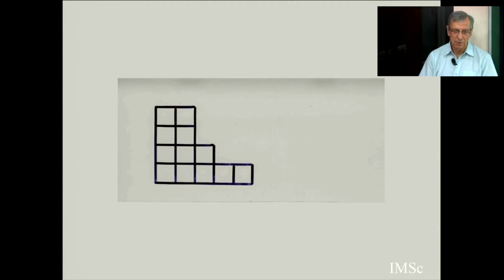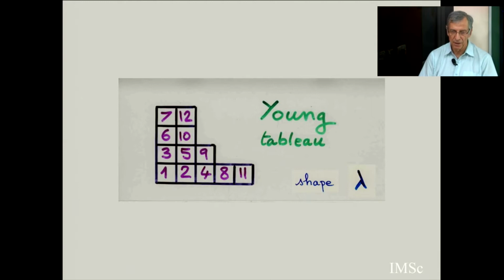What is a Young tableau? A Young tableau is a filling of the Ferrers diagram with the integers 1, 2, 3, 4, 5, up to n. Each integer appears once and only once. The integers are increasing in rows from left to right, and increasing in columns from bottom to top. I use the French notation because I use the old technique of transparencies, and all my slides in my previous life were in French notation, so I keep it. Maybe I'm too old to change to the British notation. For me, it's awkward to go backward, to go down in a Ferrers diagram.